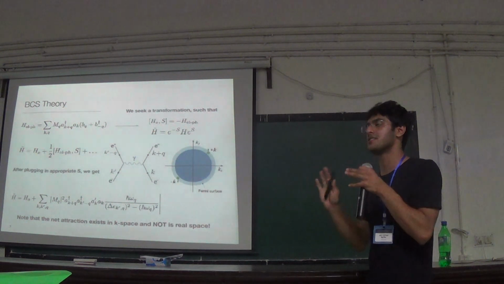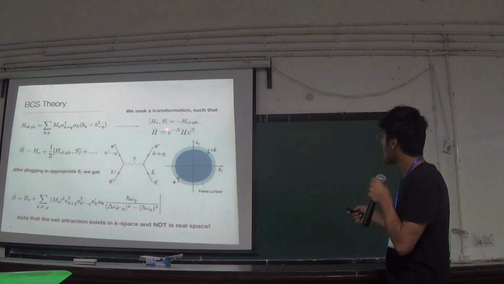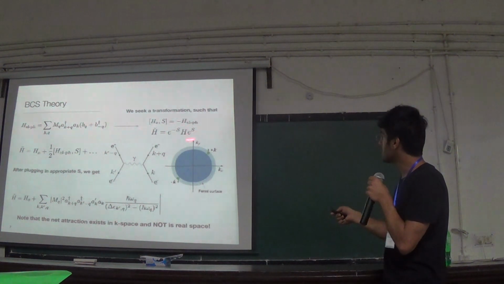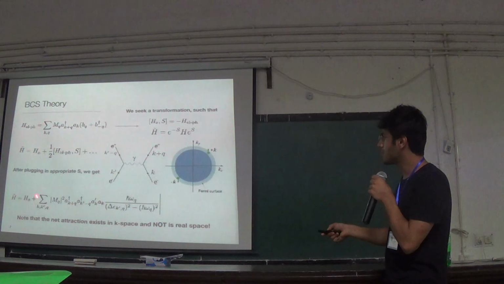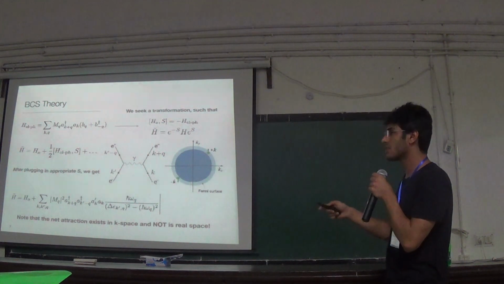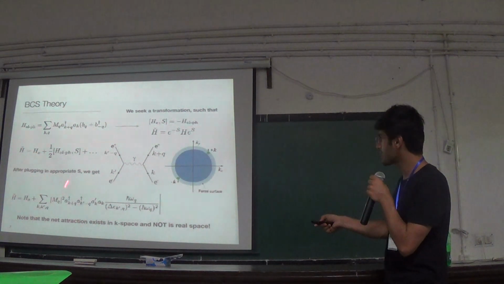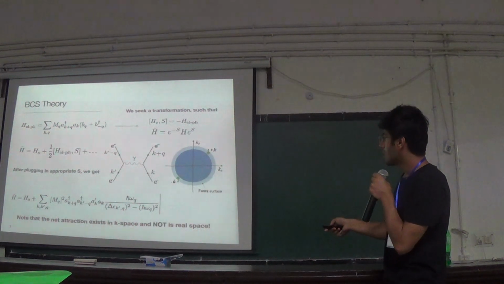It's not going to change the system, right? Because everything's the same. So one constraint you put on this operator S is that the commutator gives you this. What happens is, if you expand this part and retain the terms only in the second order in MQ, you will get just the energy due to the phonons and the electrons in the system. And the second part over here, this is all positive. The only negative thing that can come from is here.